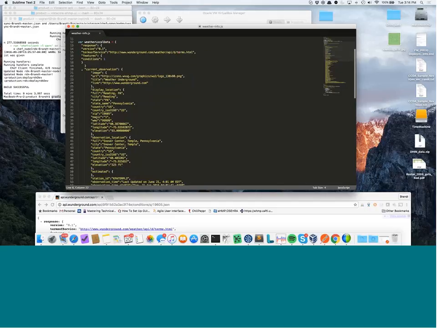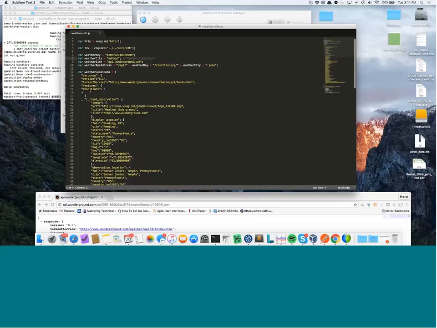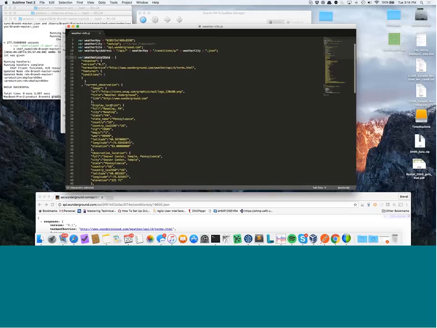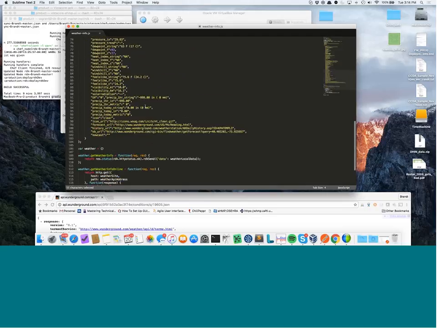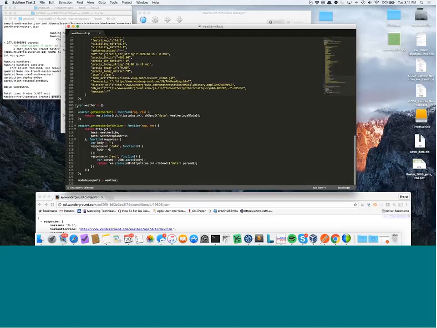In previous versions of this demo, I would just hard-code the data in here, and that's what you see under this bar, weather local data. This is my data from, I guess, the last time I did this demo, which was June 21st. But all we're basically doing is calling that API, pulling it back, and posting the data into this variable, weather local data. And then we'll expose that in the RDK. So